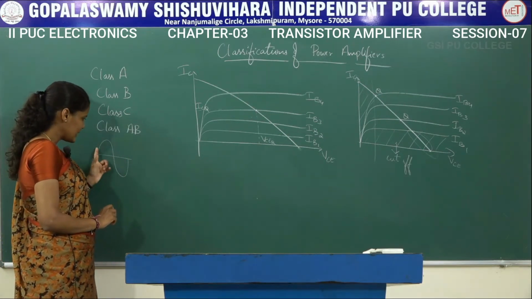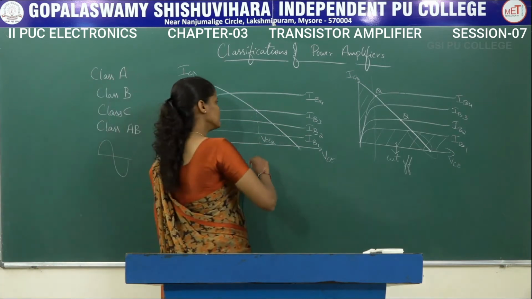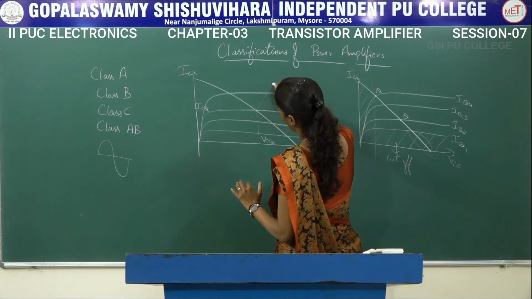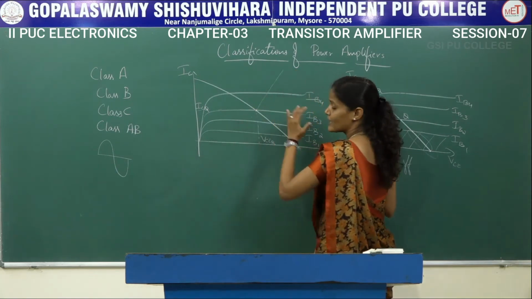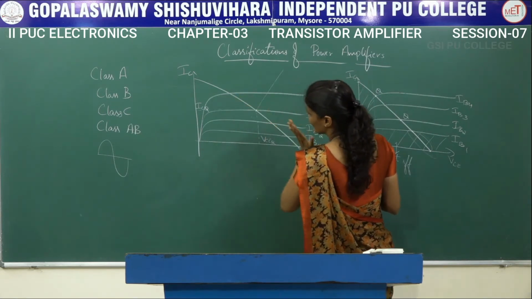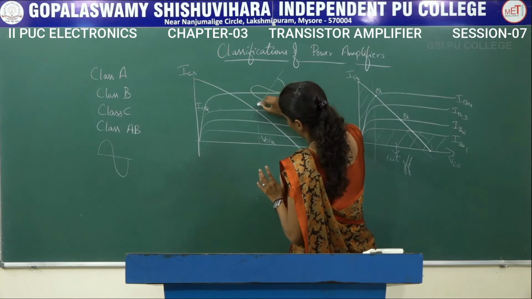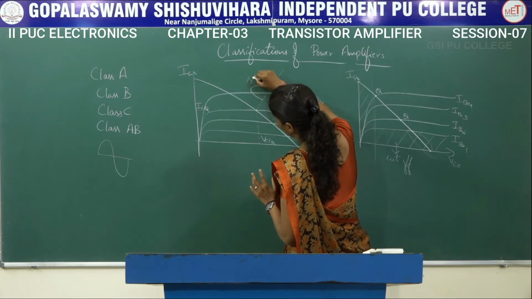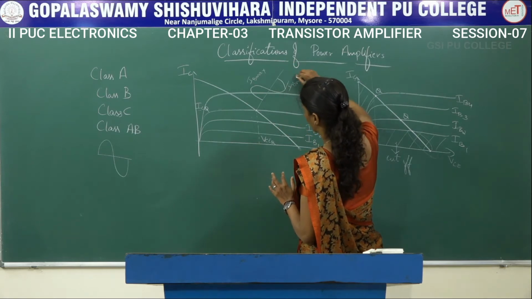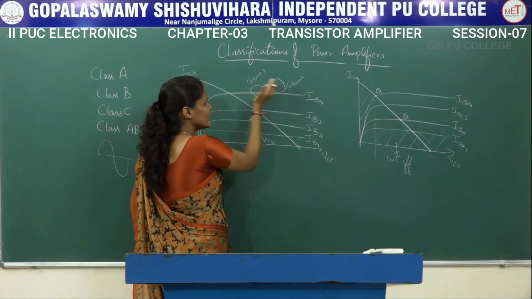So as and when this input signal is varying, the base current will also vary. So we can draw the input signal. To draw that particular input signal, we have to draw a perpendicular line for this DC load line. So this is the input signal what I am applying. Let me call this as IB max and this as IB minimum. That is, the base current will vary between these 2 points.